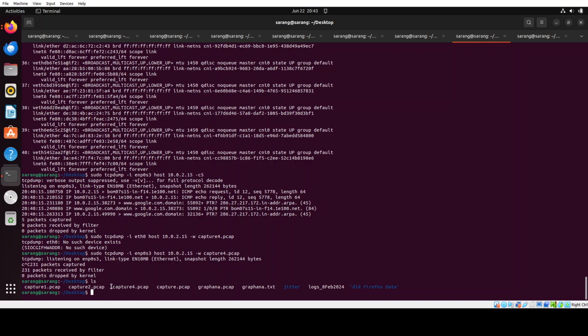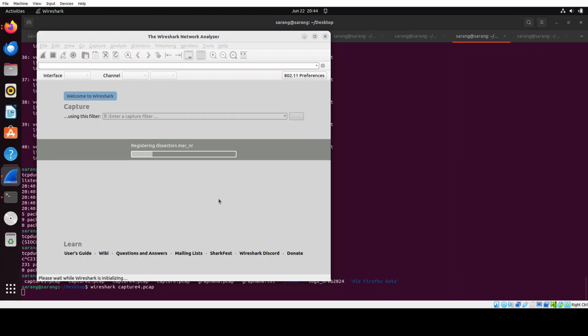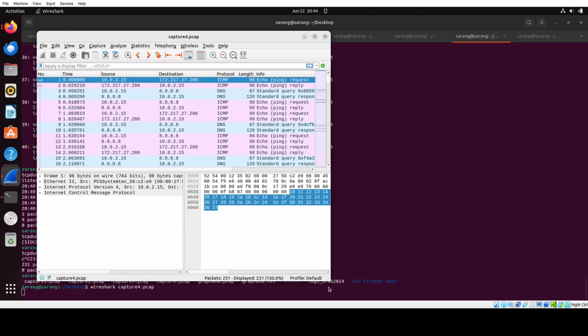So in order to read this particular PCAP file, we generally make use of another tool. We call it Wireshark or T-Shark. So I have that installed already, so I can just give you a glimpse of how exactly this particular PCAP file usually looks like. So I have to give Wireshark and the name of the PCAP file. So it will open up the Wireshark tool, right? So you can see here